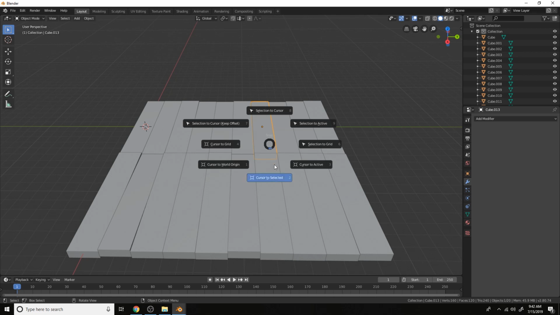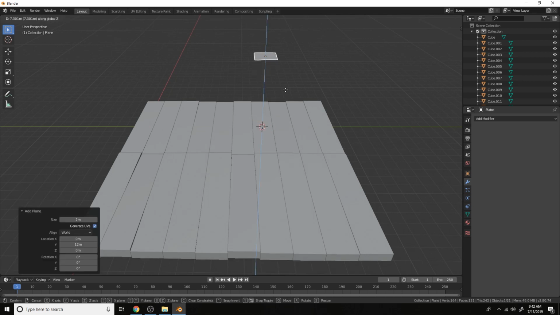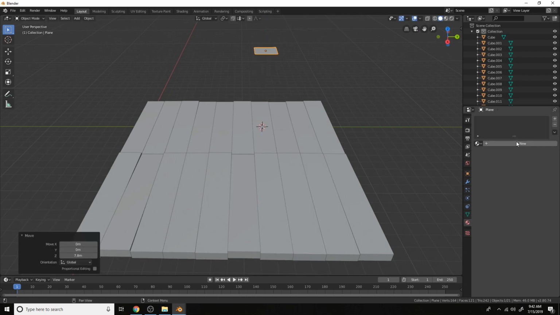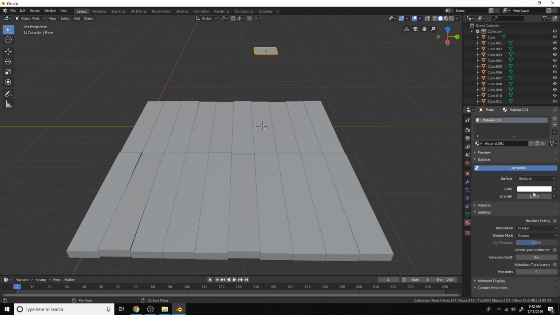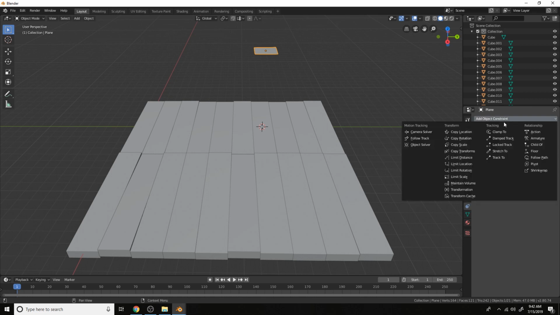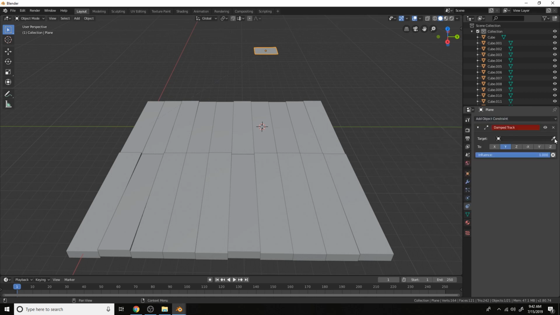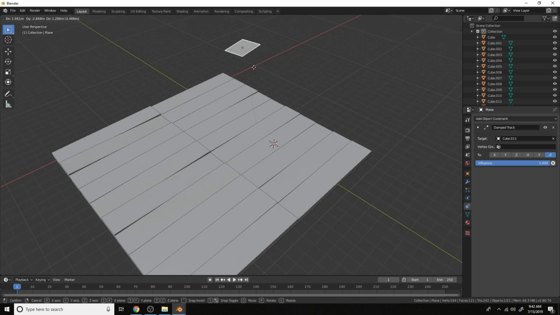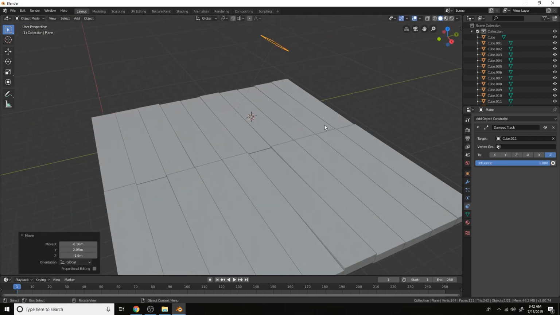Okay, so let's add a plane for the light here. Add an emission. Let's set the strength to something like 10. Let's use a constraint in the constraint tab. Go to Damped Track and set the target to the object here. Use negative Z axis. That way it's pinned correctly. Drag it around and then it follows the object. And if we move it up,